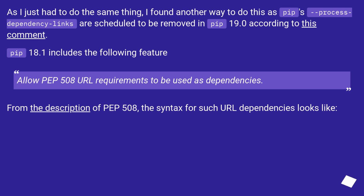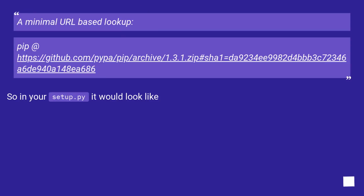As I just had to do the same thing, I found another way to do this, as pip's process-dependency-links are scheduled to be removed in pip 19.0 according to this comment. Pip 18.1 includes the following feature: allow PEP 508 URL requirements to be used as dependencies. From the description of PEP 508, the syntax for such URL dependencies looks like a minimal URL-based lookup: pip @ this URL. So in your setup.py it would look like: